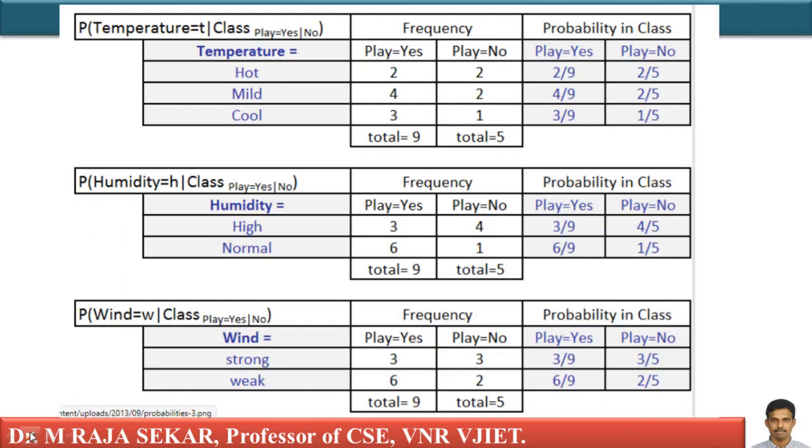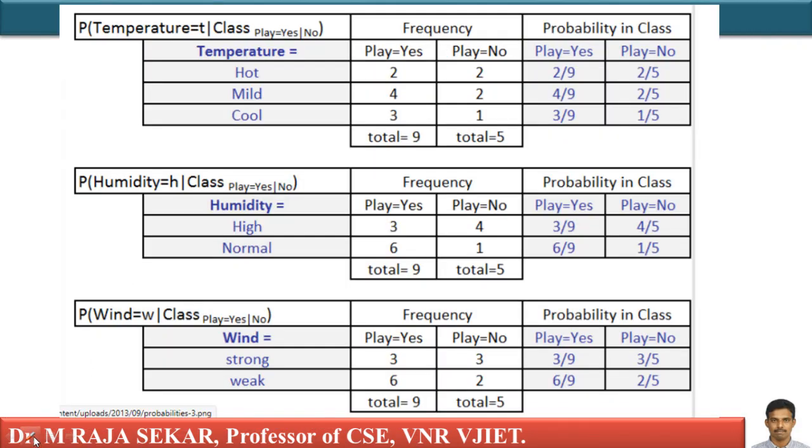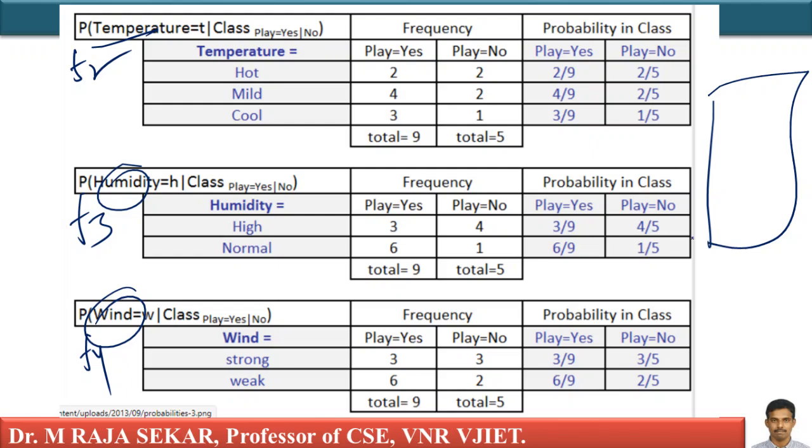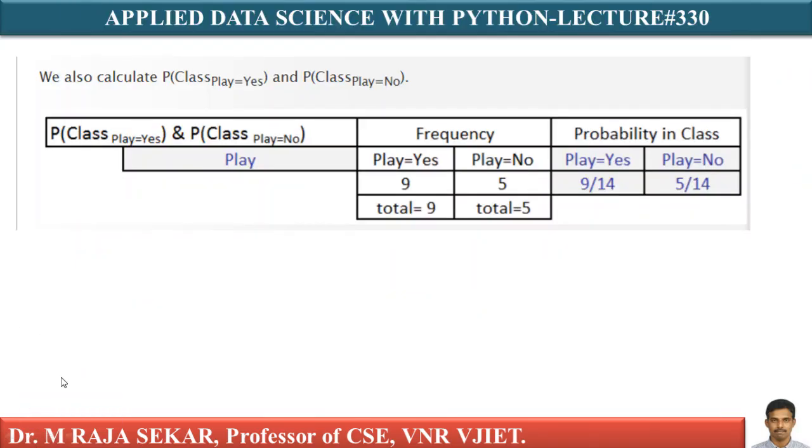Just apply the same logic. How many features am I having? I have 4 features. What is my first feature? Outlook is my first feature, temperature is my second feature, humidity is my third feature, wind is my fourth feature. Just take the training data set with those 4 features and binary class labels. Anybody, an elementary student, can calculate these probabilities by using this training data set. I can always calculate these likelihoods, these probabilities.